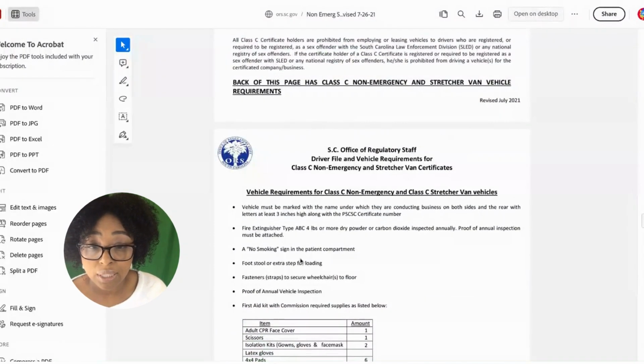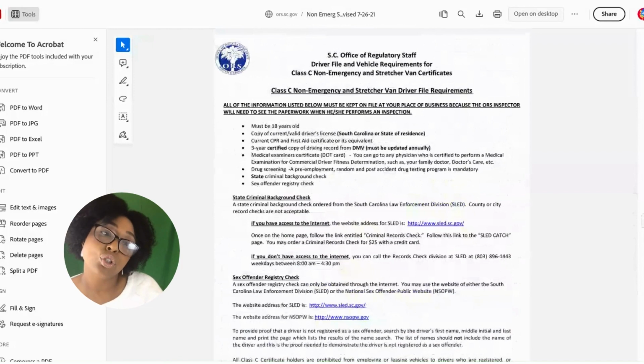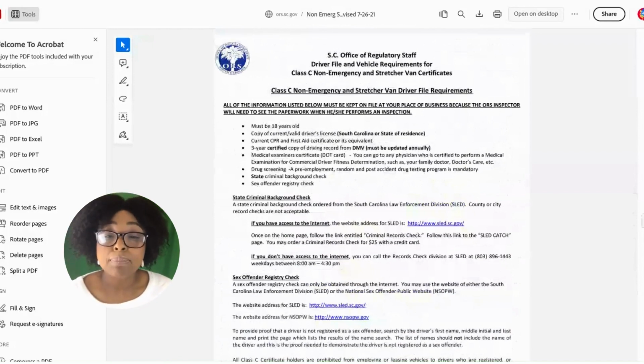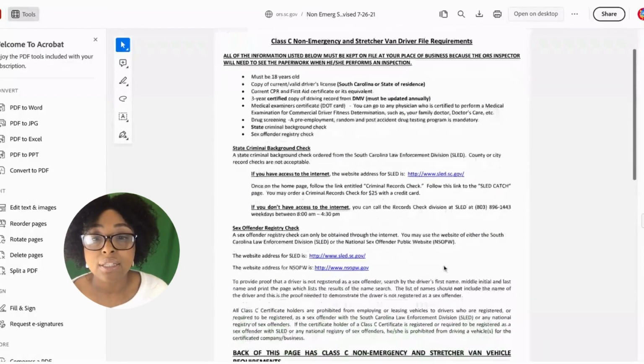I don't see it, but usually they had it. Is it still there? No smoking. Okay. So that's why you had the no smoking sign, but I had on mine an additional oxygen in use sign. So you just make sure that you print this form out, and all you have to do is literally check by check. If you get these things done, guys, it really is your whole